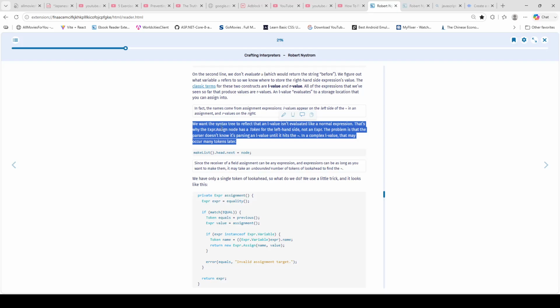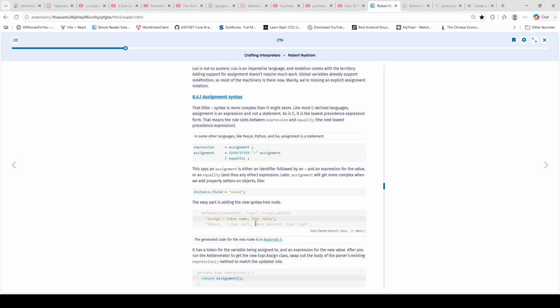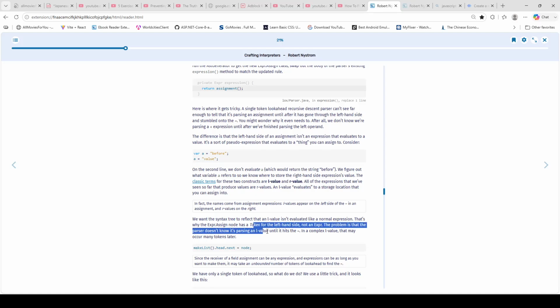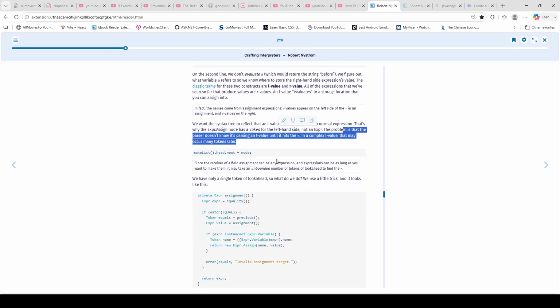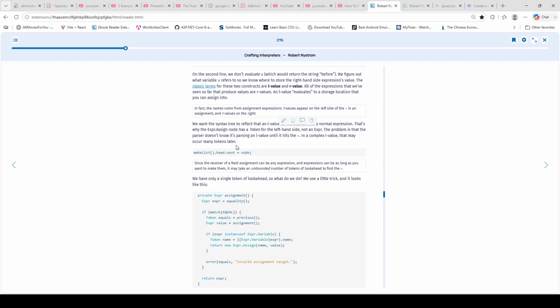So that's why the Expr.Assign node has a token for the left hand side, the name, and an Expr for the value. The problem is that the parser doesn't know it's parsing an l-value until it hits the equal. In a complex l-value that may occur many tokens later, such as makeList().head.next = node;